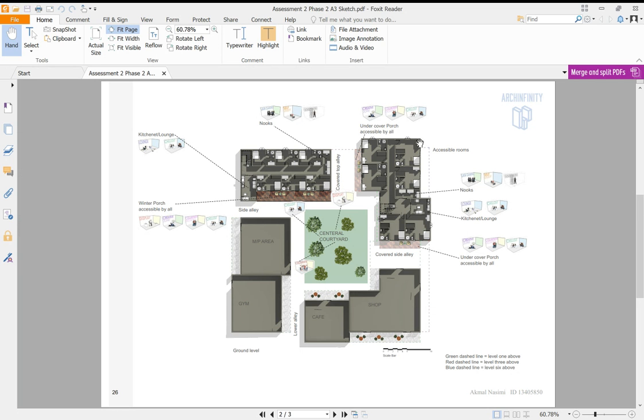Which leads me to this side. I've kept this side for the accessible rooms. The building does need to have some accessible rooms, and obviously, again, they've got their own little lounge area and study nook that's covered in this one slightly, just because they might need a bit more privacy. They might need things to be louder or quieter, etc. So